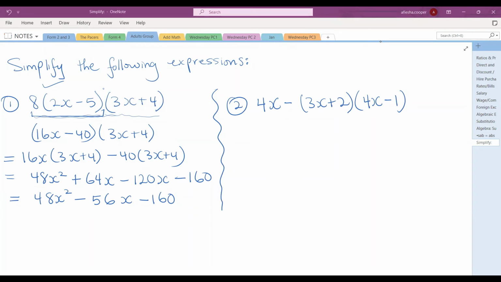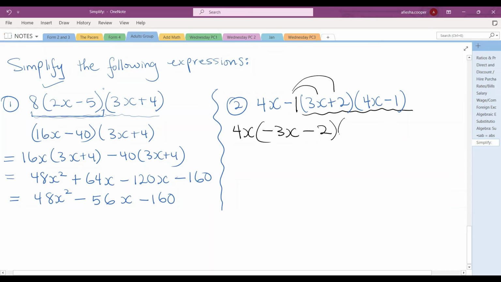So we have a similar question on the board now. We have 4x minus the expansion or the product of the binomials, right? We know that this will actually be a negative 1. So it's going to be 4x, put back your 4x, and now you're going to distribute negative 1 by this, negative 1 by that. So that's going to be negative 3x minus 2. Right? What do we do now? We have to put this back in brackets here, right? So 4x minus